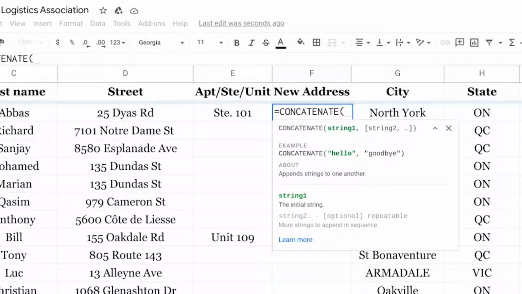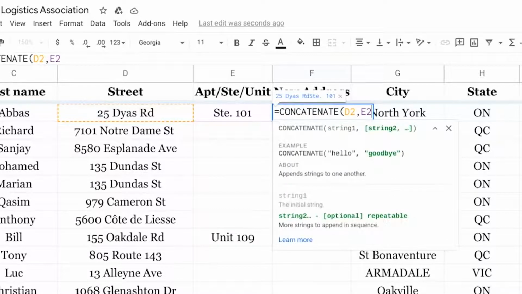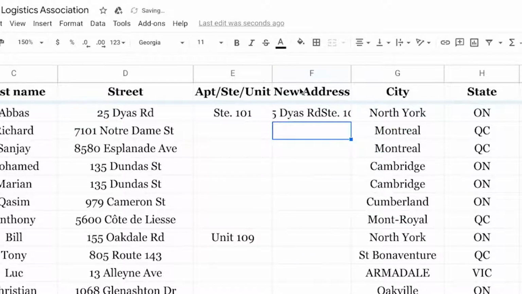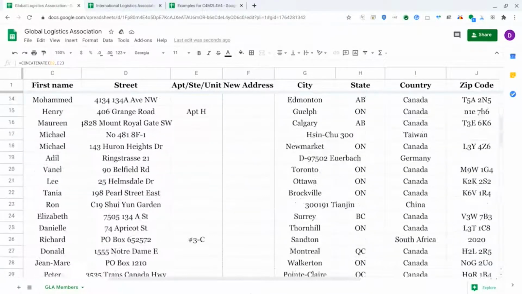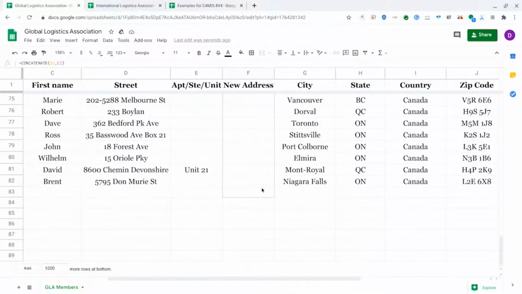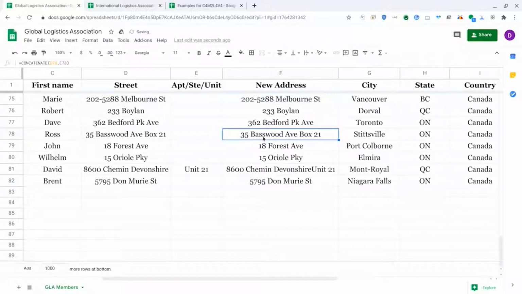Then the two text strings we want to make one. Drag that through the entire column. And now we have the consistency in the new merged association lists of member addresses.